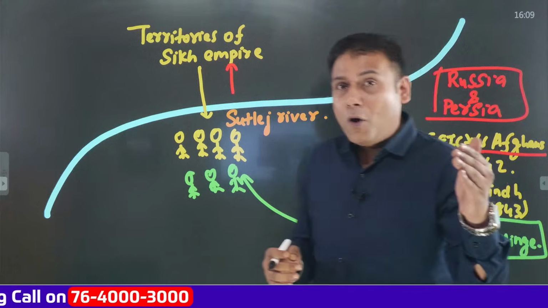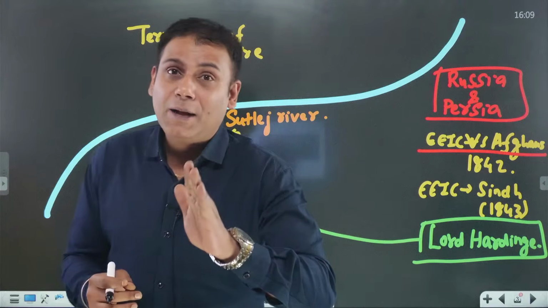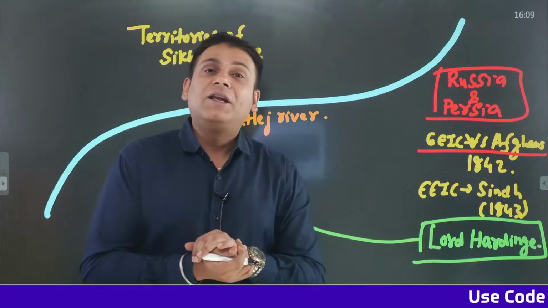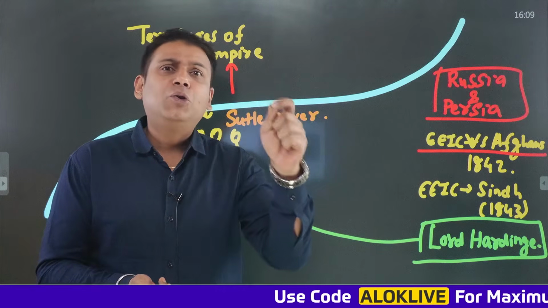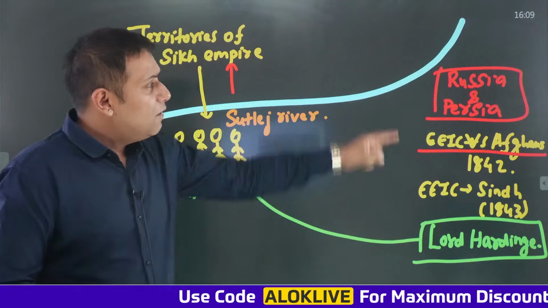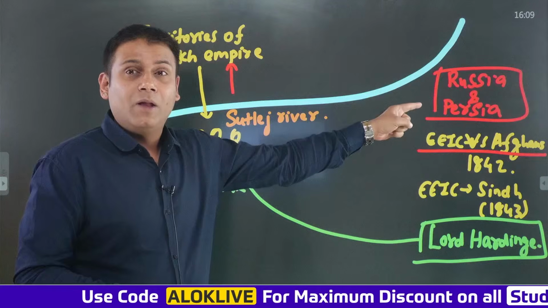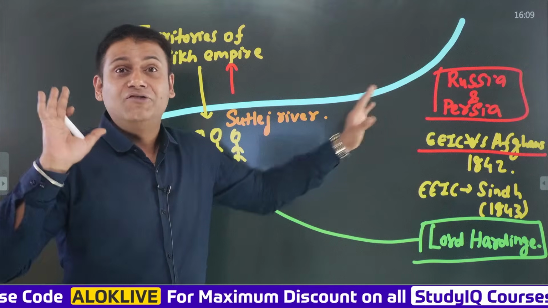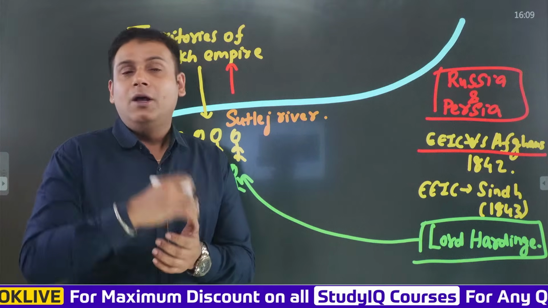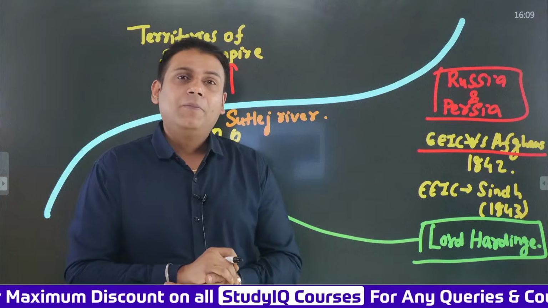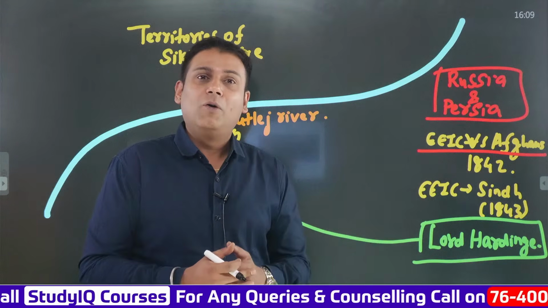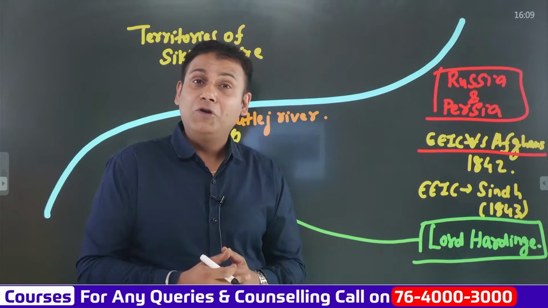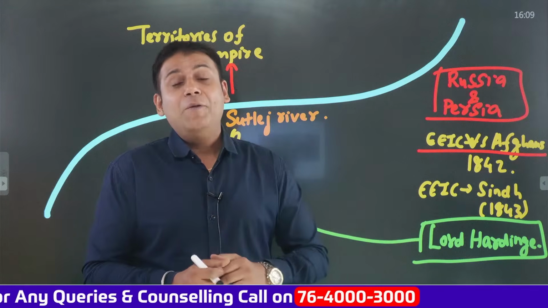And when Dost Muhammad approached the English East India Company, the Governor General at that time was Lord Auckland. Now, Lord Auckland said to Dost Muhammad that you break the friendship with Russia and Persia. I will break the friendship with Maharaja Ranjit Singh and help you out in conquering the region of Peshawar. But this proposal was not at all liked by Dost Muhammad. Dost Muhammad said that I'm not going to break any friendship with Russia and Persia.